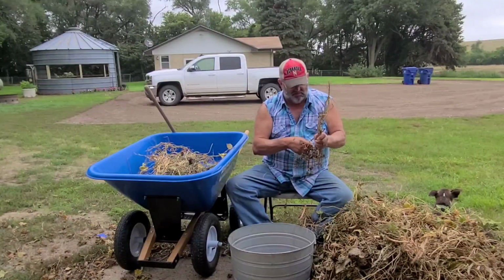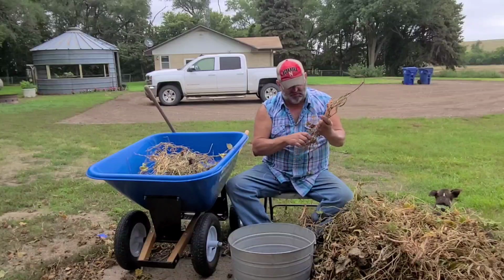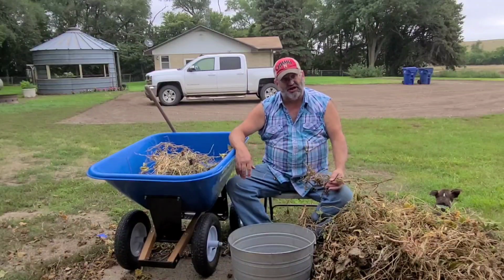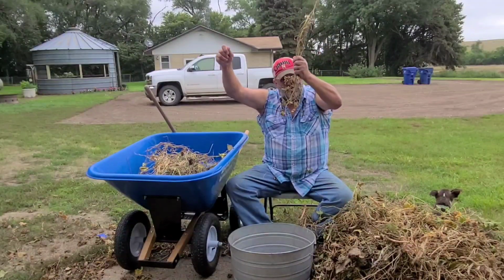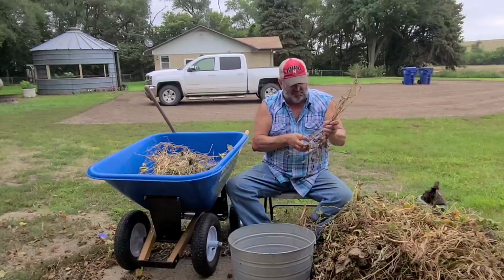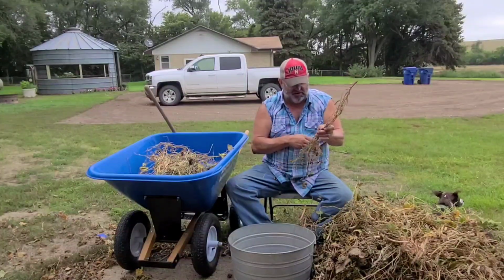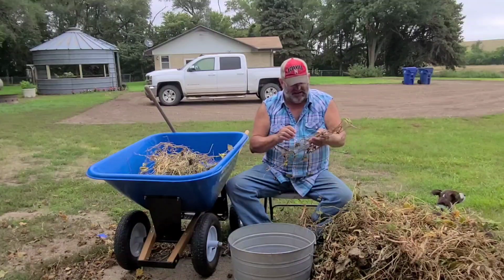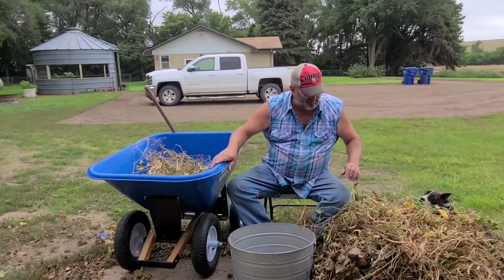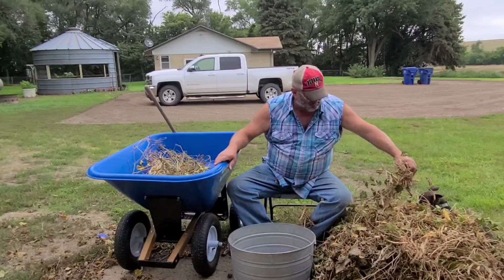A lot of people did it on a windy day or used a fan, and they'll get a bucket like this and another bucket underneath it, and you just pour them into the wind and all the chaff will fly away, and the beans, because they're heavier, will drop straight down. But we have a little bit different way to do it. We're going to build a little apparatus that we can use,